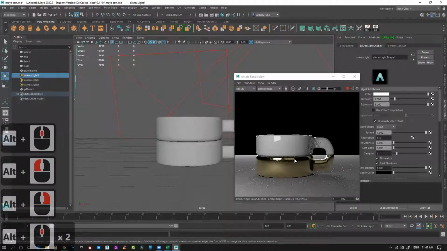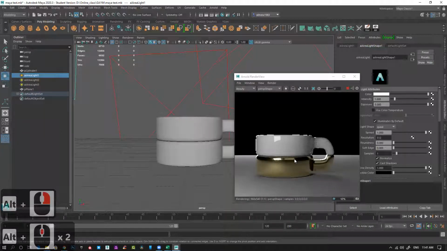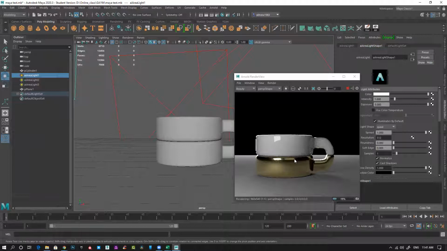You can see like this you can render, and it's really fast. You can get very good quality render and things. So I'll get into rendering and all those things slowly, but just to give you an idea of what you can do within no time.